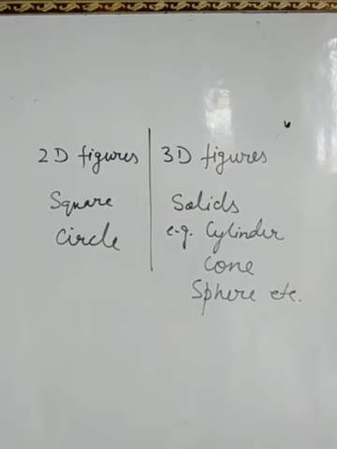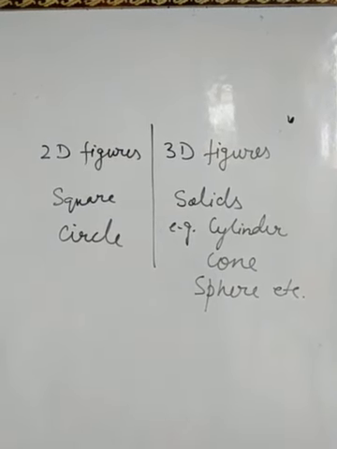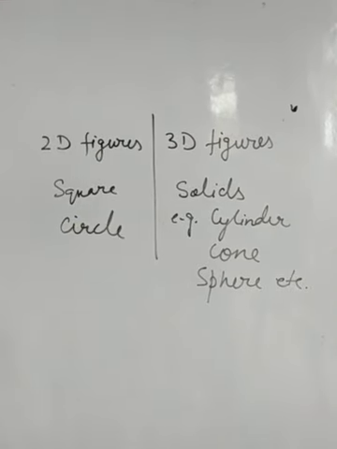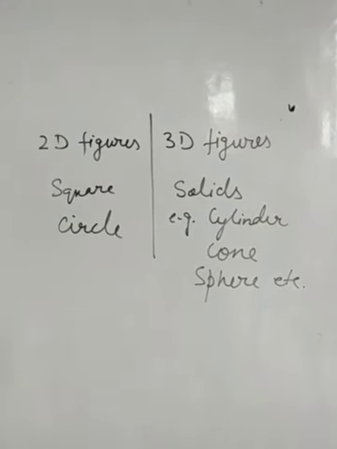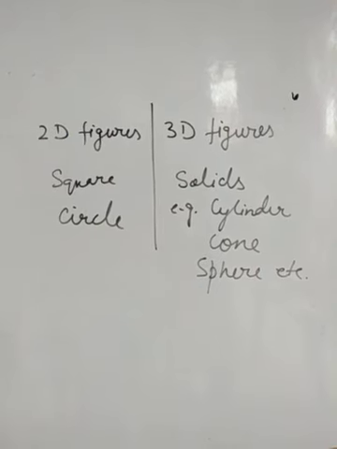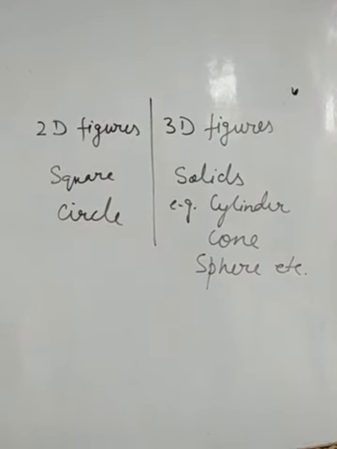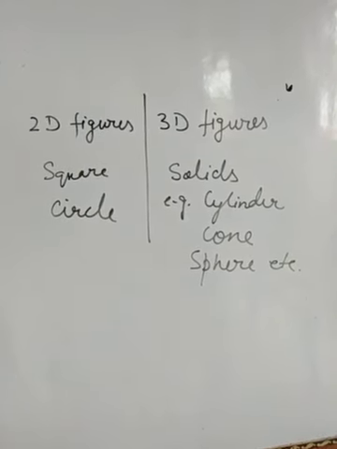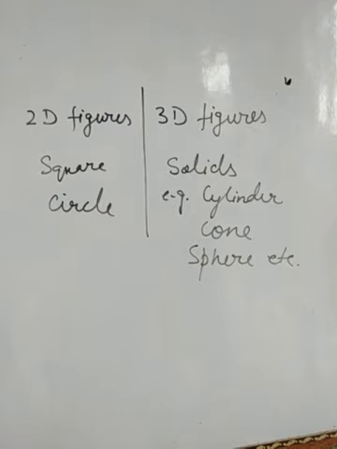So we can make a list of such things which are around us, and we can categorize them. So today's homework will be to prepare a chart of 2D figures and 3D figures, and the articles should be a minimum of 10, and you can select those articles as objects from your surroundings, right?